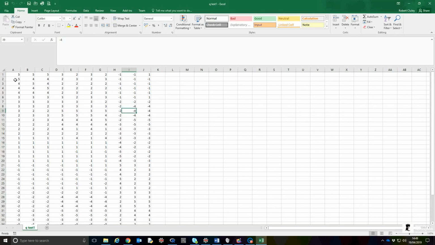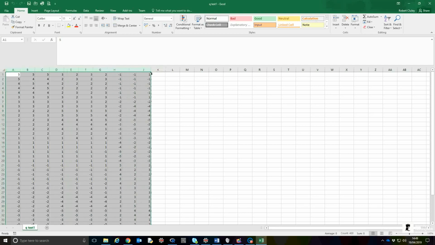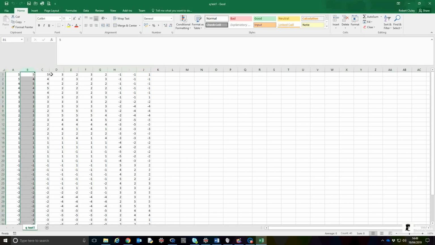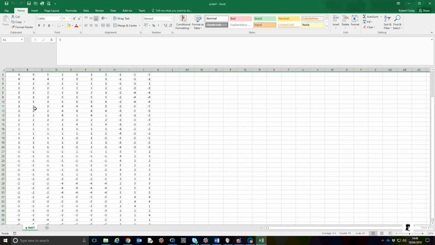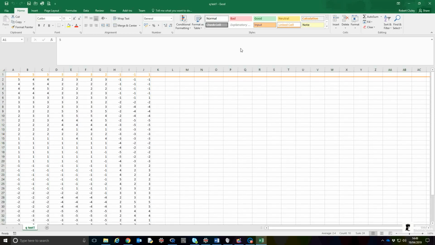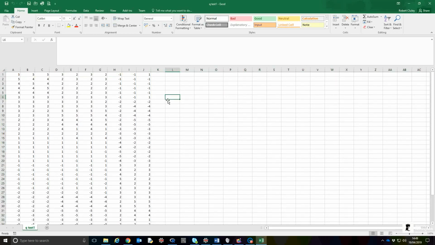So first things to notice, counterintuitively perhaps, the Q sorts are in columns, so each one of these is an individual Q sort, so this is a participant, and the rows are statements, okay? And it's really important to make sure you've got that right, because otherwise it does mess up. It will assume that this first row is a header, so unless you've got a header, you will need to tell it that you don't have a header, because it will give you an error,